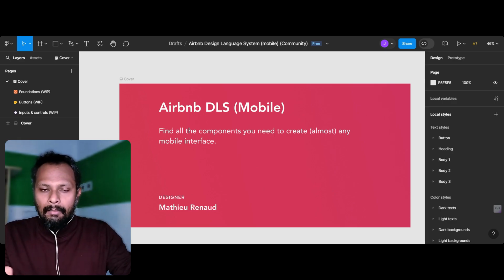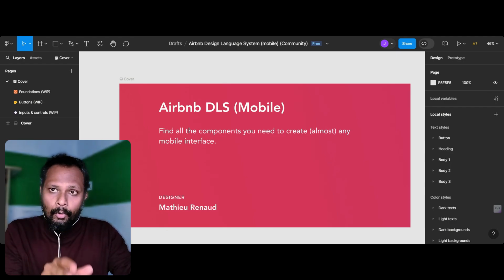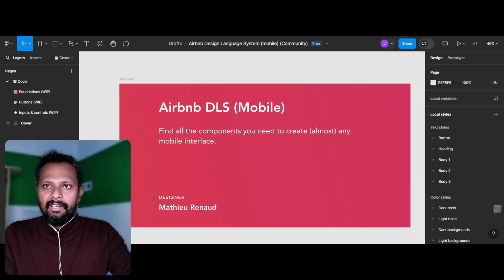I'm just taking an example of Airbnb, but you could explore from IBM, you could explore even the Google library, or you can even take it from the Atlassian design system. That's totally up to you. Okay, but the main point in this video is how you can seamlessly integrate it and create multiple screens